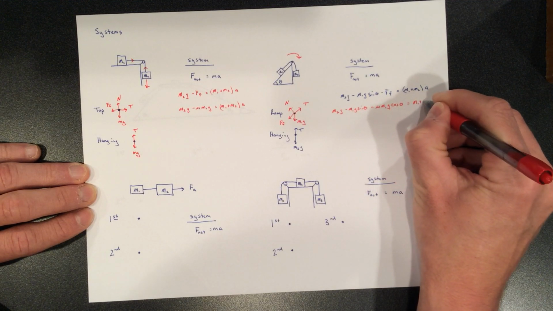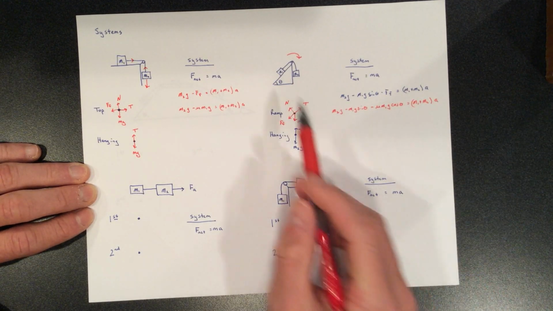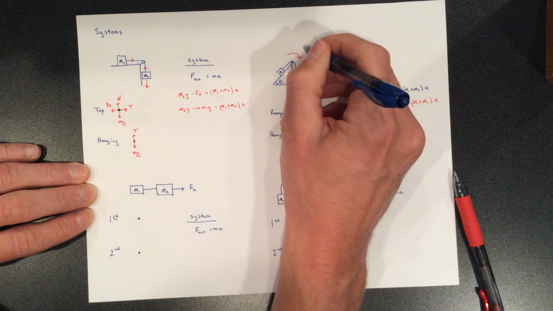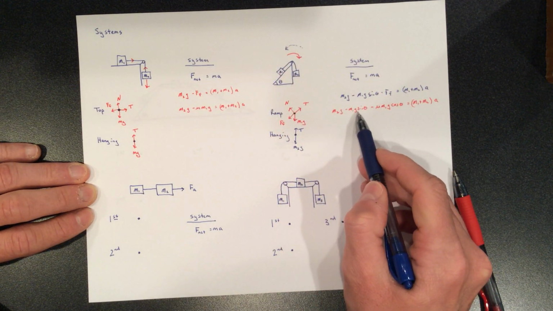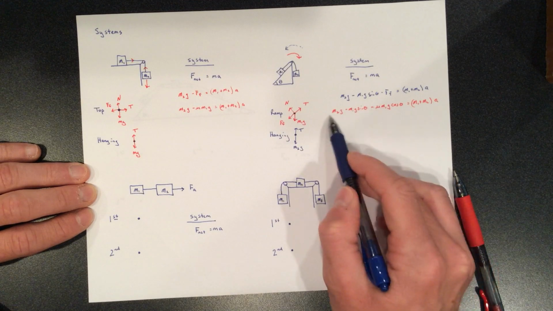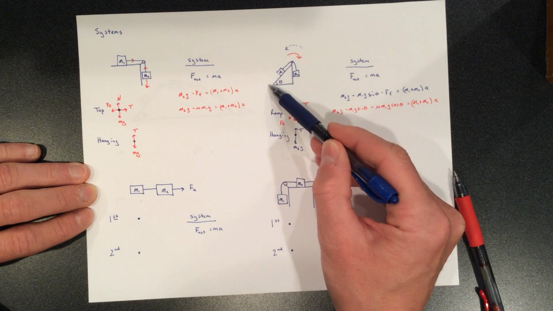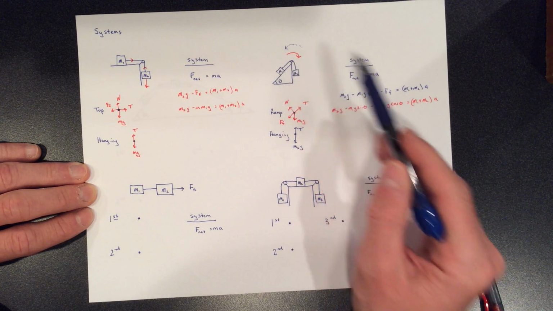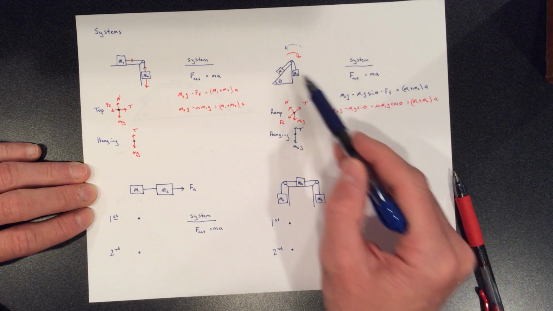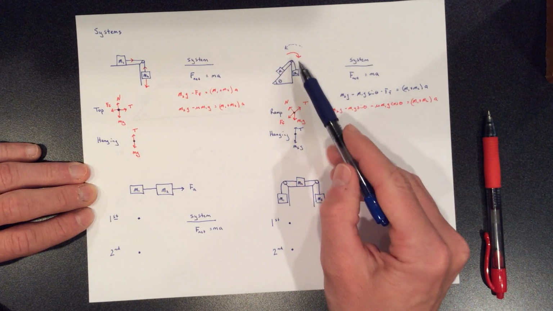And that equals (m1 plus m2)a. If it actually turned out that the system went this way, well, then we'd have this be our positive, and these both would be negative. Again, if we were accelerating this way, it'd be this guy's gravity, m1g sine theta. Friction would be up the ramp, it'd still be a minus friction, and this guy would then also oppose the motion. But in the scenario we started with, the red,